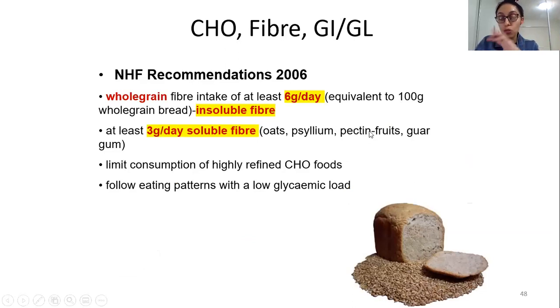So the skin of your fruits. Don't remove the skin and eat. Why do we recommend this? Because the skin of the fruit is the one which has pectin, and pectin is your soluble fiber. So this fiber is definitely recommended for heart health.